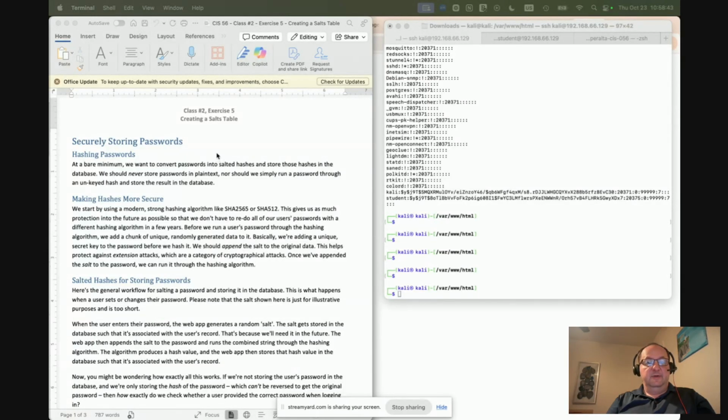All right, so we are back to class number 2, exercise 5. In this particular exercise, we're only going to make a salt table. So we have the user table with all the users listed in. We're going to create a corresponding